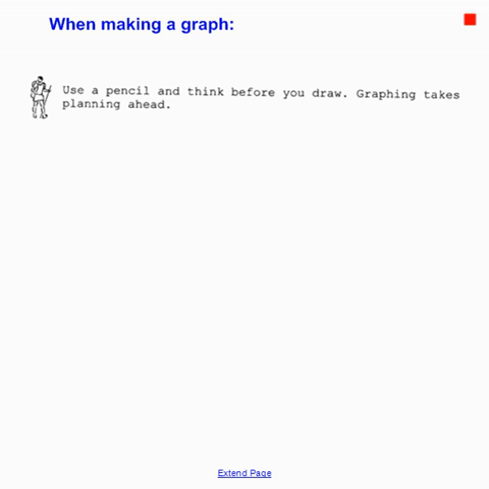So what that means is when you're making a graph, use a pencil, think a little bit before you draw, sketch a couple of things, think about your categories, because you may try one category and then decide to try something else. Another quick note,